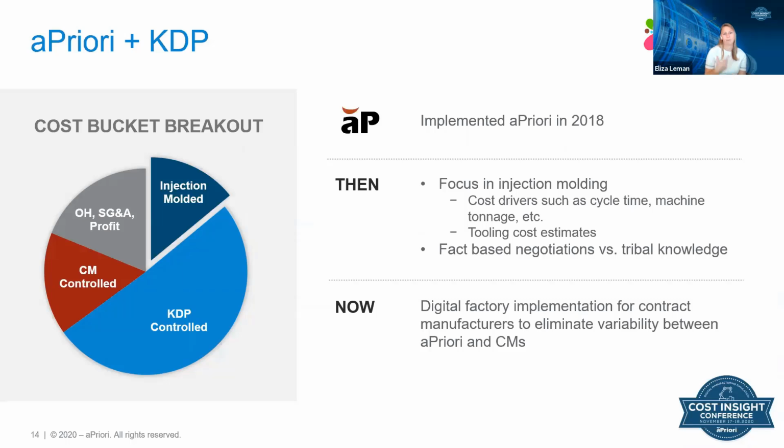Can you tell us why there's that gap? Can you explain to us maybe are our assumptions wrong? Do we need to make adjustments, et cetera? So it became then a fact-based negotiation rather than just tribal knowledge, which was very important for us to kind of close that or really make that black box of how they were coming to their assumptions much more clear. Now, after having done this with several different brewer programs, previous programs, we've done a ton of analysis